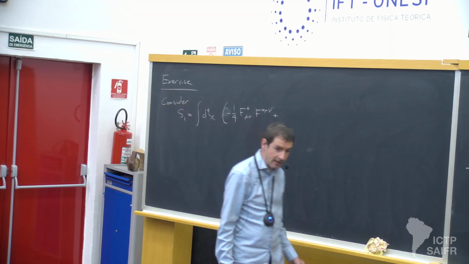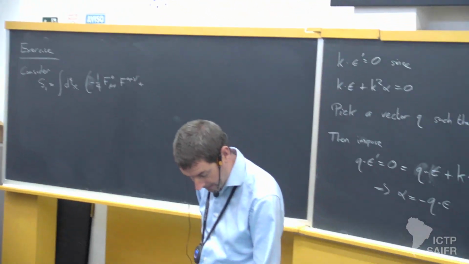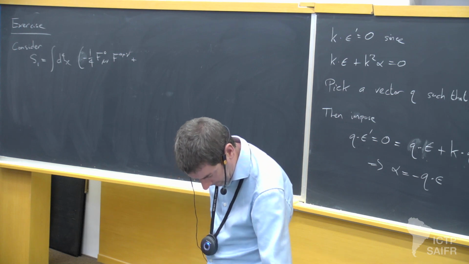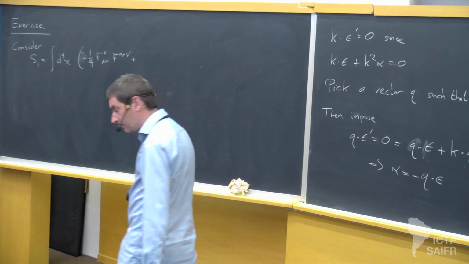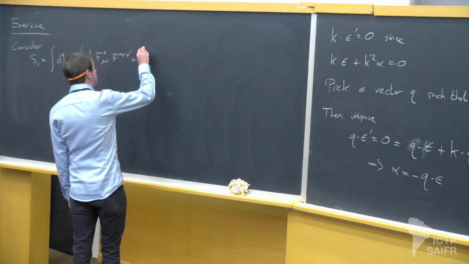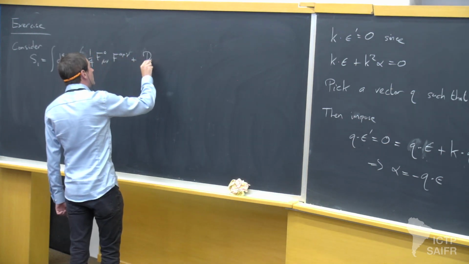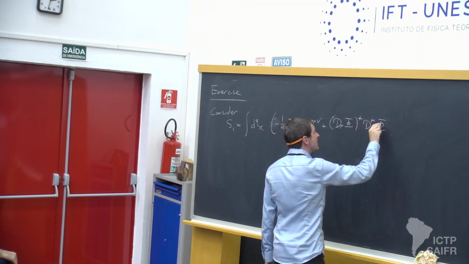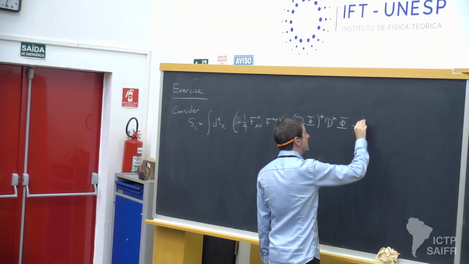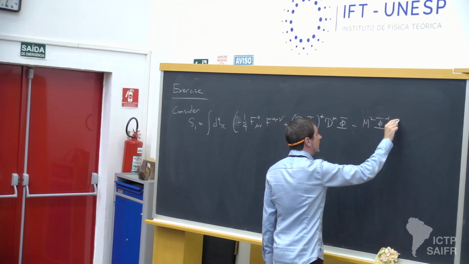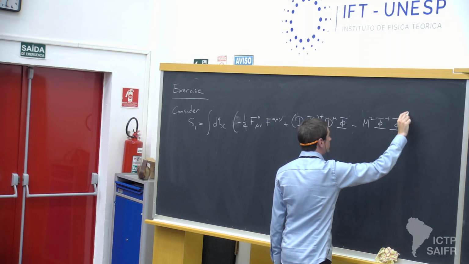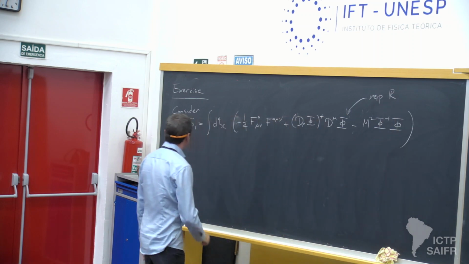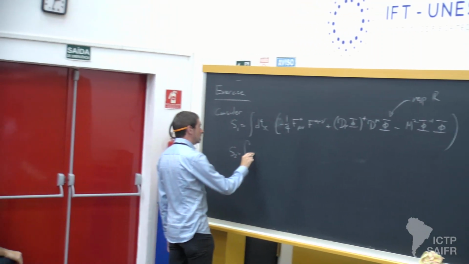And let's suppose that we have a scalar field theory coupled to this. So a scalar in a representation R, minus m squared phi dagger phi, whatever arbitrary representation of the gauge group. And S2 will be